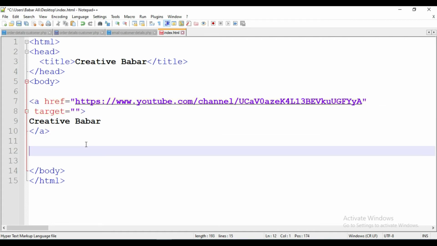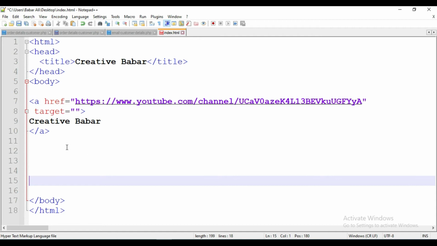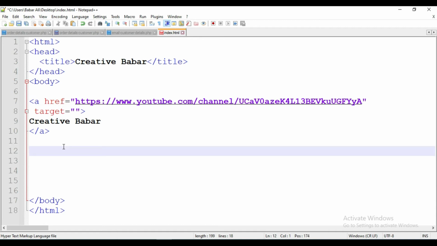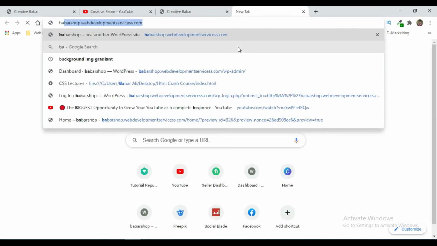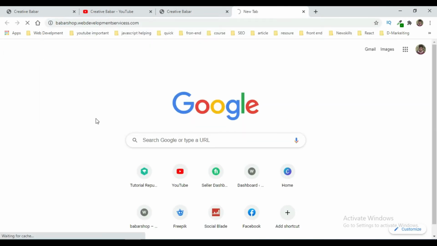So here I'm going to show you some code. If we want to link to an ID, like creating a bookmark anchor, I'm going to show you. Like I created this website. It's going to open. It may take a little time.